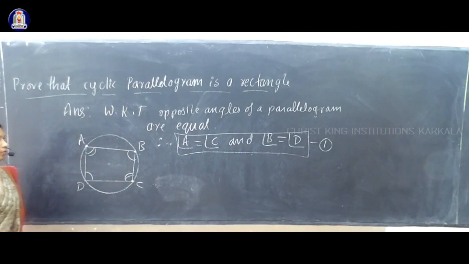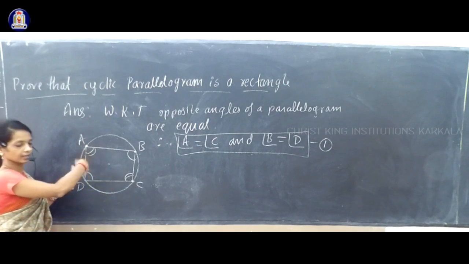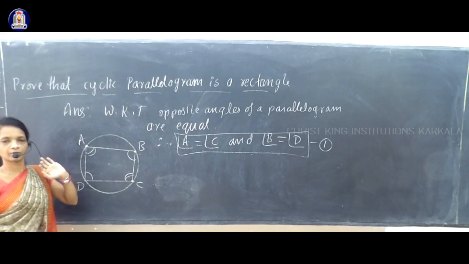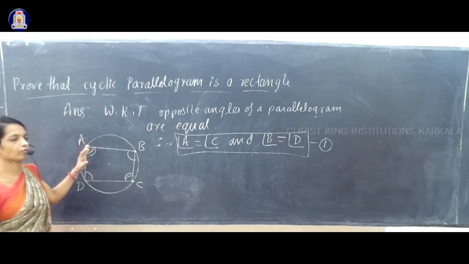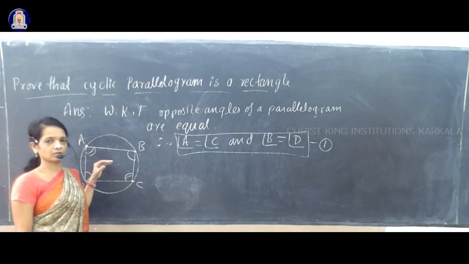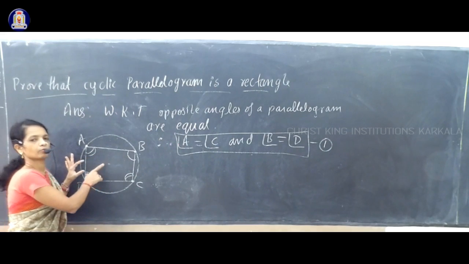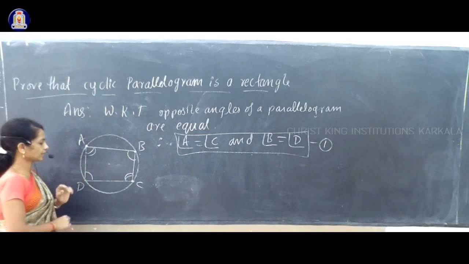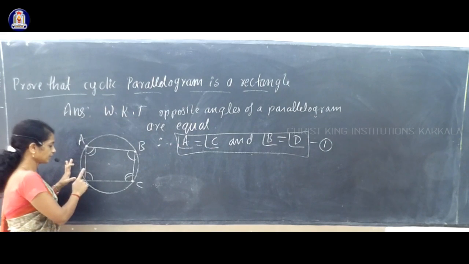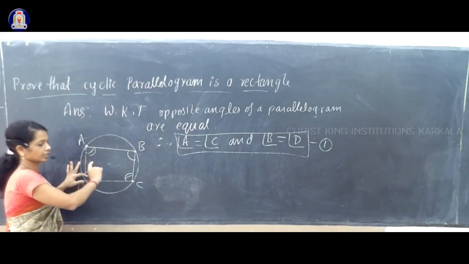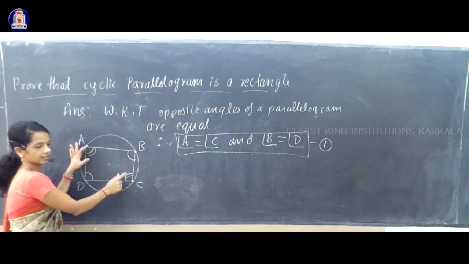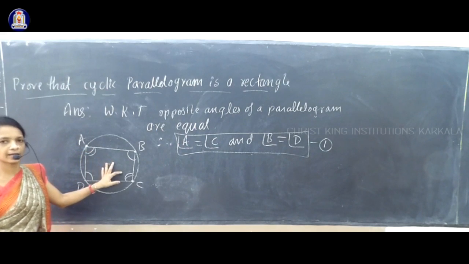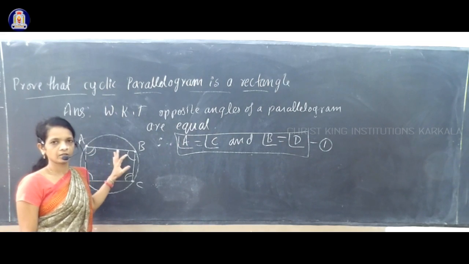And we know one more thing about a cyclic quadrilateral. The sum of both pairs of opposite angles is 180 degrees. That is by theorem 11 of this circle chapter. By that theorem 11, what can we write? Both pairs of opposite angles are supplementary. The sum of both pairs of opposite angles is 180 degrees. Means angle D plus angle B is 180 degrees and the sum of angle A and angle C is also 180 degrees. Either pair of opposite angles in a cyclic quadrilateral is how many degrees?